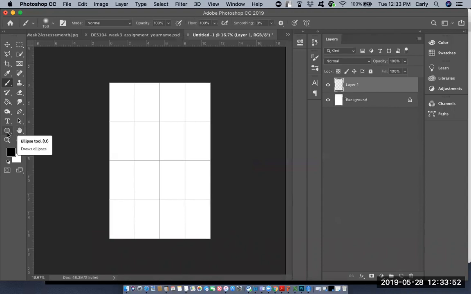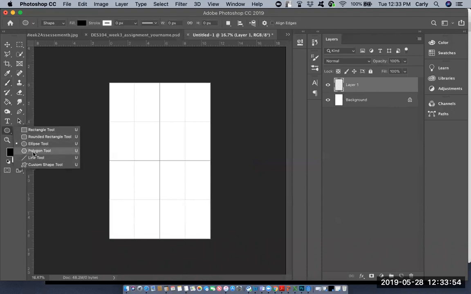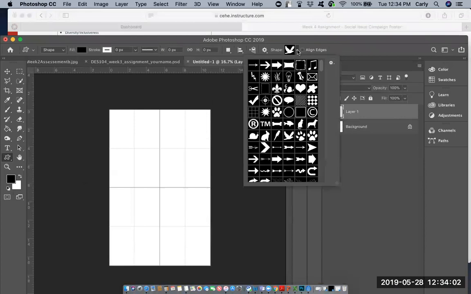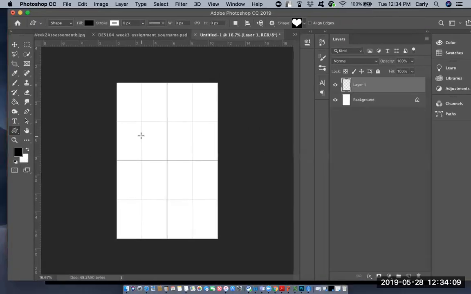Now I'm going to go to my shape tools, and you guys, again, feel free to copy exactly what I do here. I just want you to get something in so that you can get, you know, a passing grade in this class. So I'm going to use a little heart here, so feel free to copy exactly what I do here. Hold down the Shift button, draw a little heart, and what I'm going to do is put 3